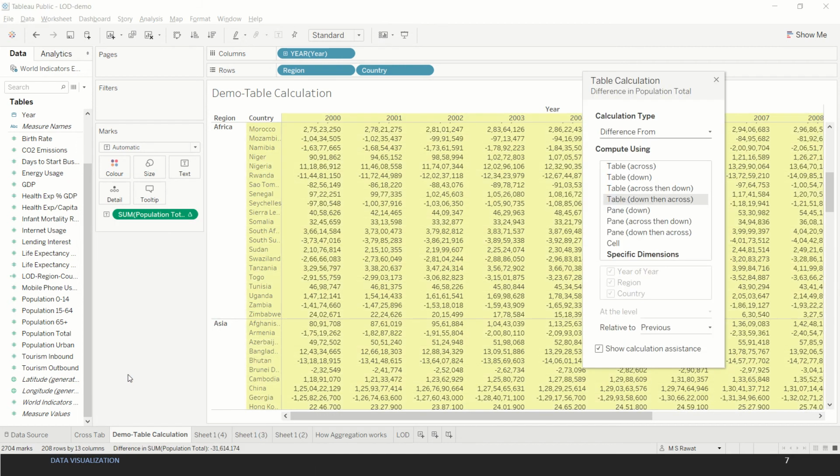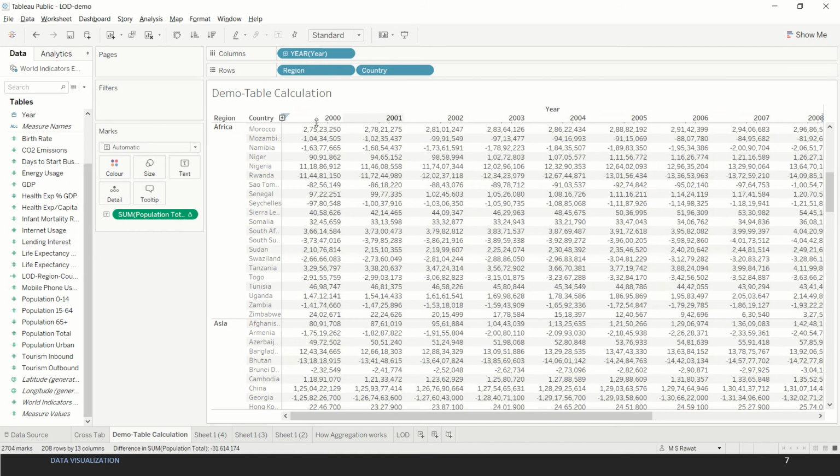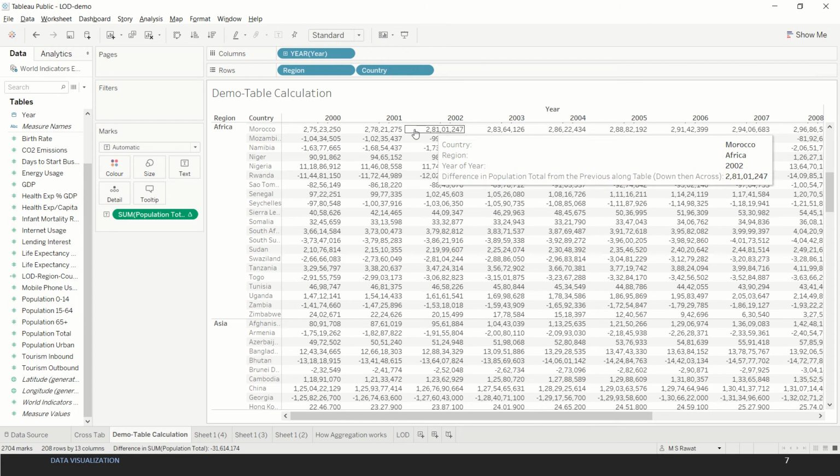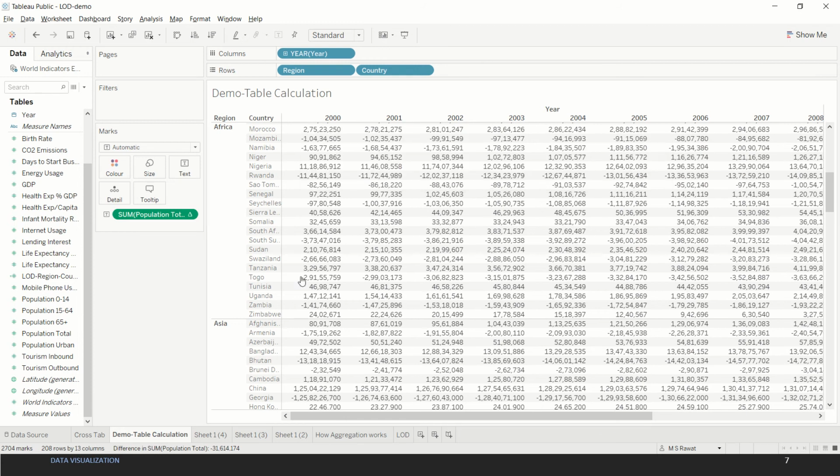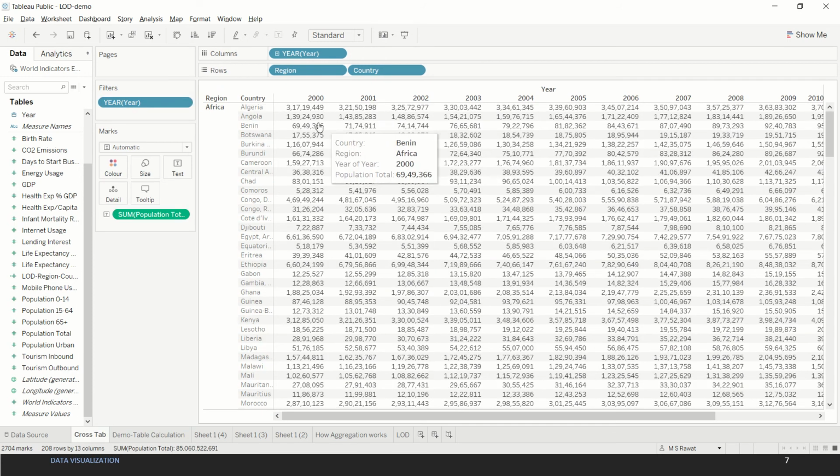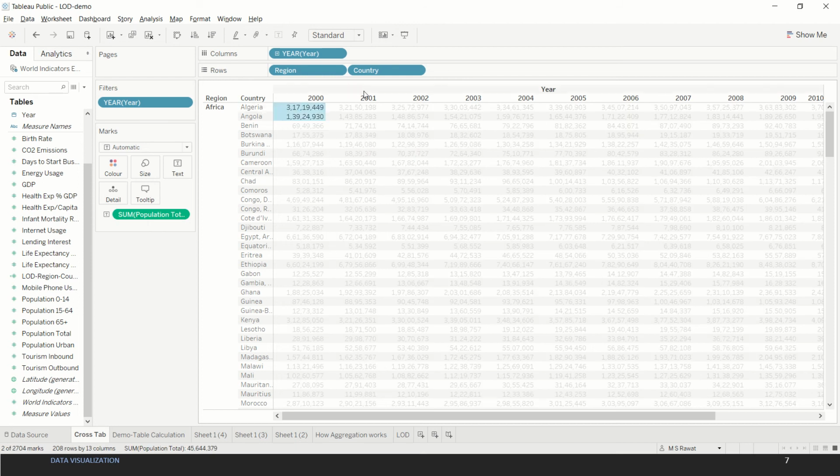So let's try to understand this calculation. In this case we are trying to take difference from, so let's first define a problem. In this case we have year-wise data. So let's say we want to find, or let's go back to our original data set over here. So now we have year-wise population over here. What if we wanted the difference between two consecutive years? So what is the difference of population for this country from 2002 to 2001? So this difference, and so on and so forth.